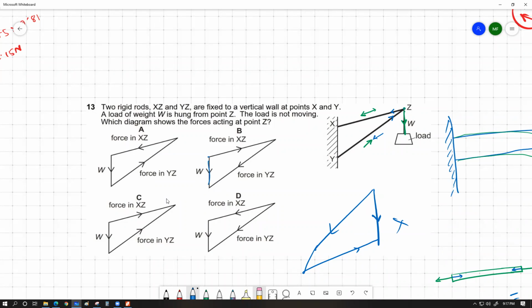So in this case xz and yz are in order, but W is not. So B will not be your correct answer. In C, W and yz are in order, but xz is not. So C will not be correct either. D has the same problem. In this case xz and W are in order, but yz is not. So just by knowing that the forces should give you a closed polygon working in the same orientation,